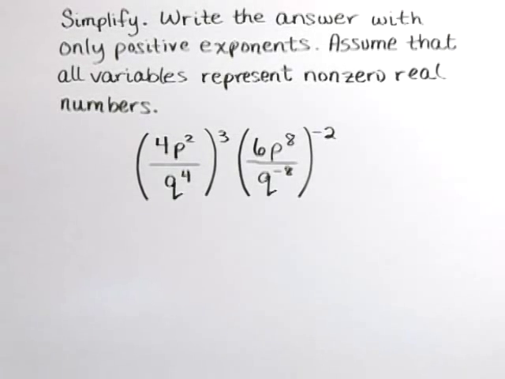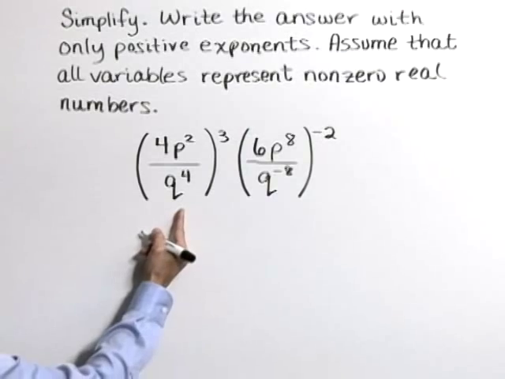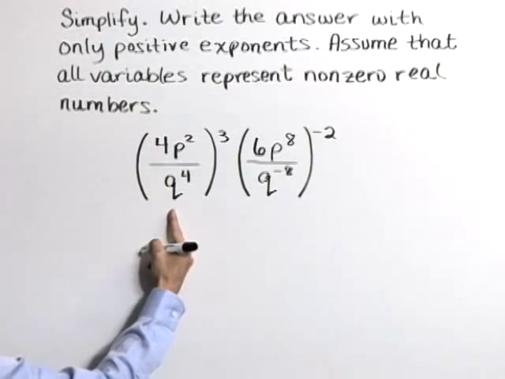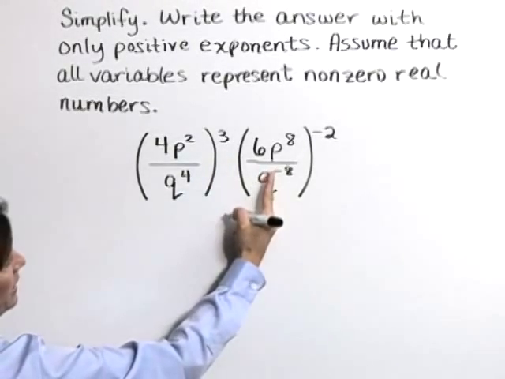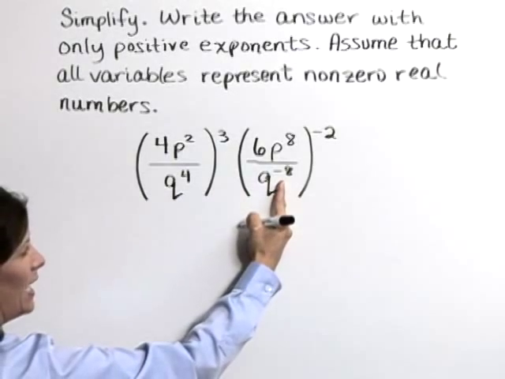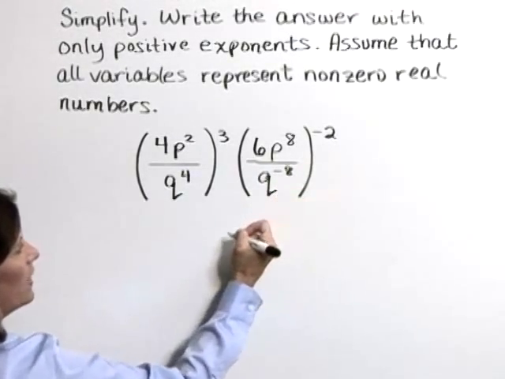Simplify. Write the answer with only positive exponents. Assume that all variables represent non-zero real numbers. Here we have the expression where we have a quantity, 4p squared over q to the fourth, all raised to the third power, times 6p to the eighth over q to the negative eighth, all raised to the negative 2